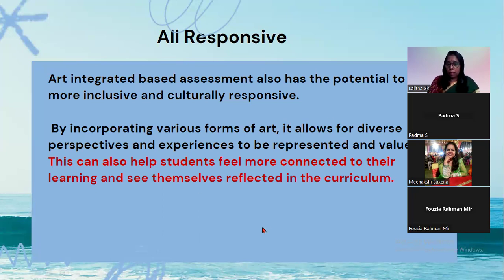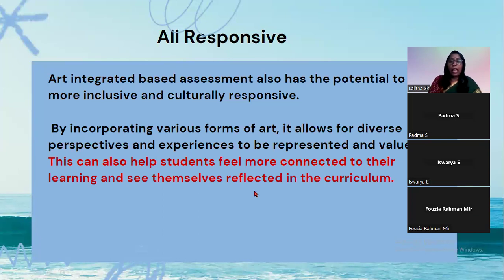And I'm sure, participants, when you try different types of art based assessments, you will wonder why this child has not scored even 75% in his writing, but when you give them projects, they are excelling.